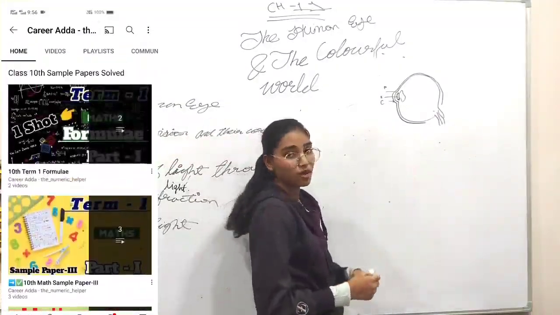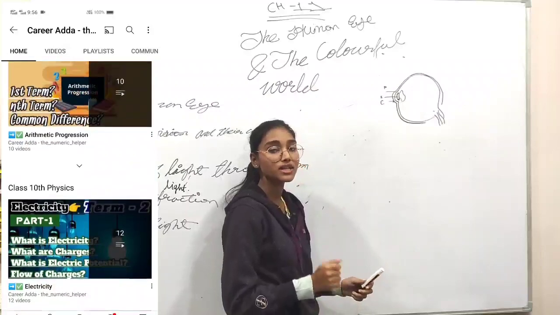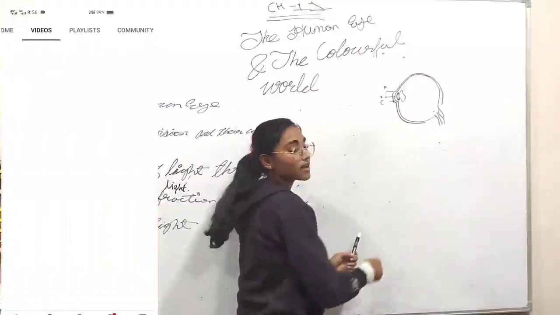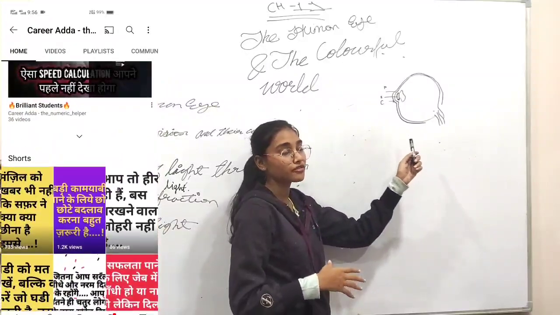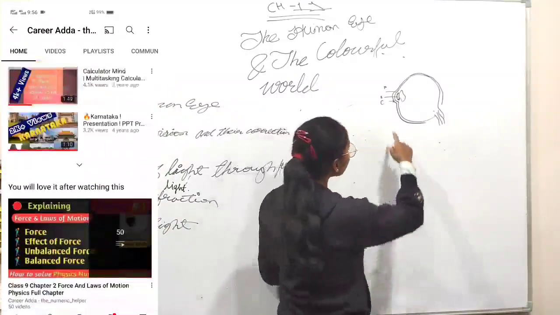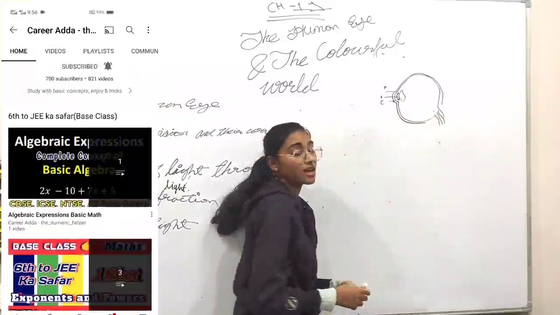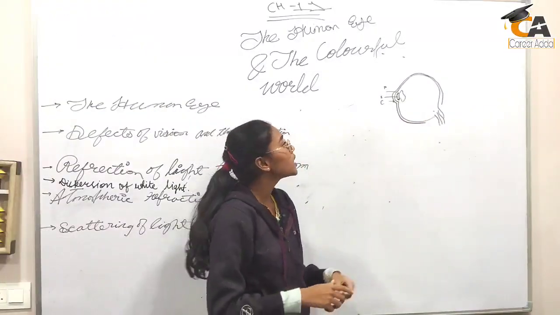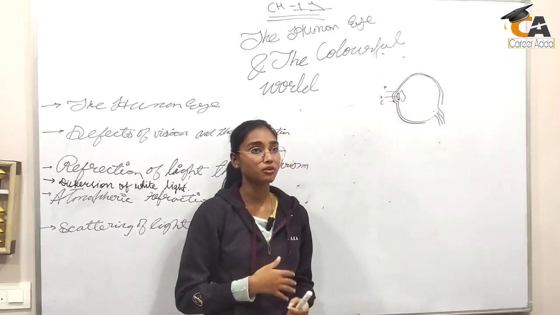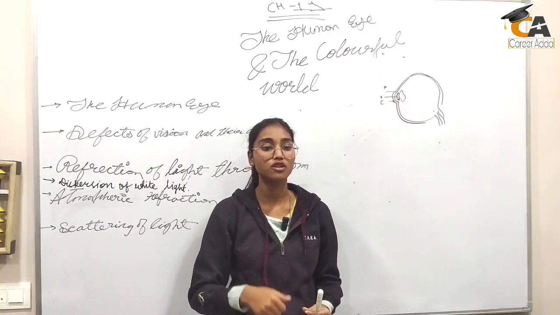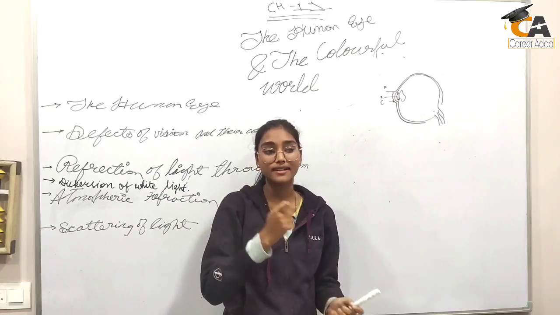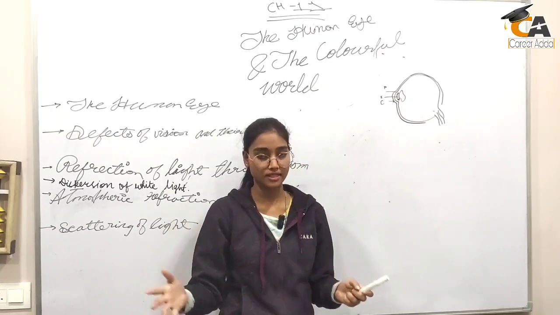So this is the diagram of the human eye. The outer covering of the human eye is the cornea, and the cornea is the part where most of the refraction takes place in the eye. The next part is the iris. Now what is the function of the iris? In the human eye, the iris is responsible for the color of our eye or eyeball, whether red, blue, brown, or anything.